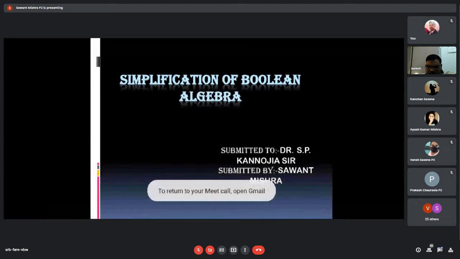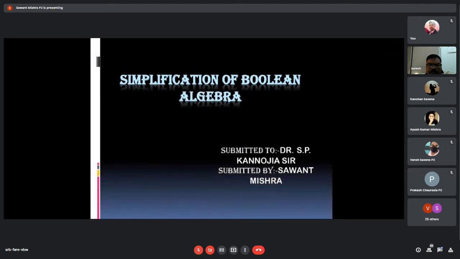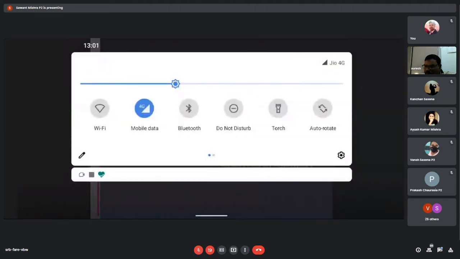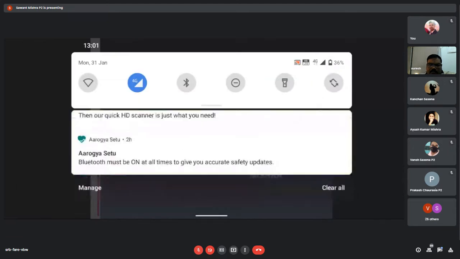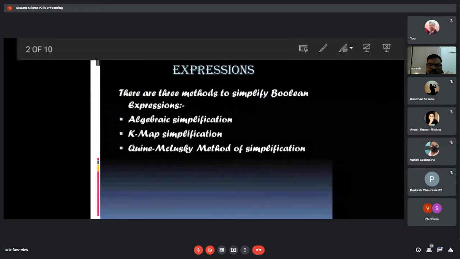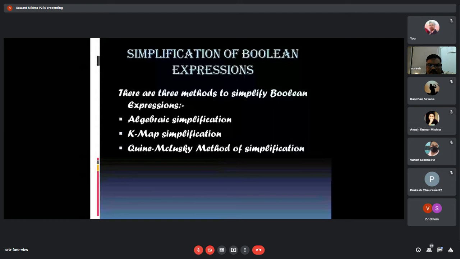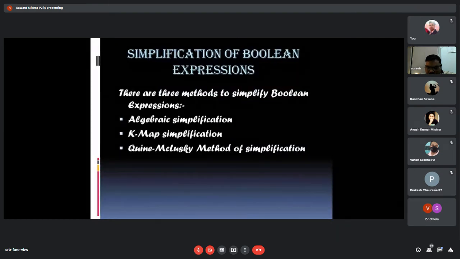Good morning, all of you. I am Savant Misra, and today I want to introduce the topic of simplification of Boolean expressions. Firstly, we have to know what the methods to simplify Boolean expressions are. There are three methods: first is algebraic simplification, second is K-map simplification, and third is the Quine-McCluskey